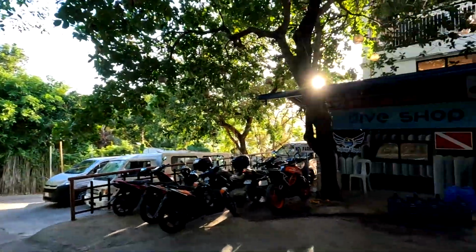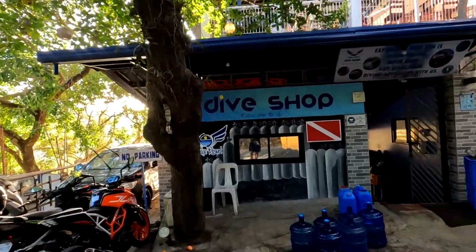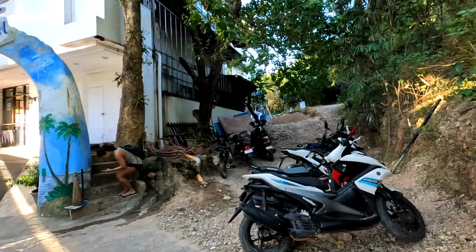So we just got fitted for all our scuba gear, and this is the dive shop at the Skylodge Resort. So now we're just waiting for a truck, and then we're going to take a boat to pick up some other divers at Twin Lagoon, and yeah, then we'll start diving. So as we're waiting for the truck to take us on the dive,